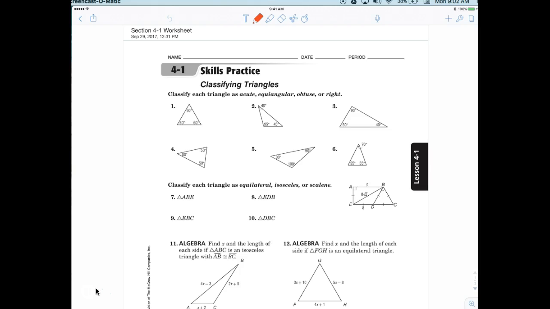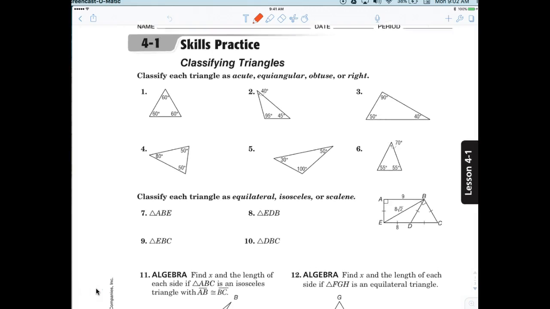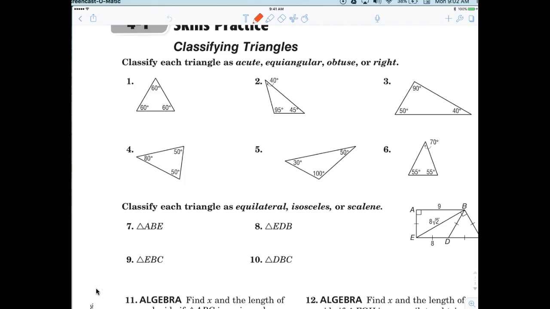Now today we're just doing some classifying. The next chapter is all about triangles, and lots of interesting things about triangles. Classifying a triangle as acute, equiangular, obtuse, or right. Obviously, I think everybody here knows acute means all angles are less than 90. Now, equiangular means that all angles equal what? 60 degrees. In a triangle, equiangular is all angles are 60 degrees, especially because we know